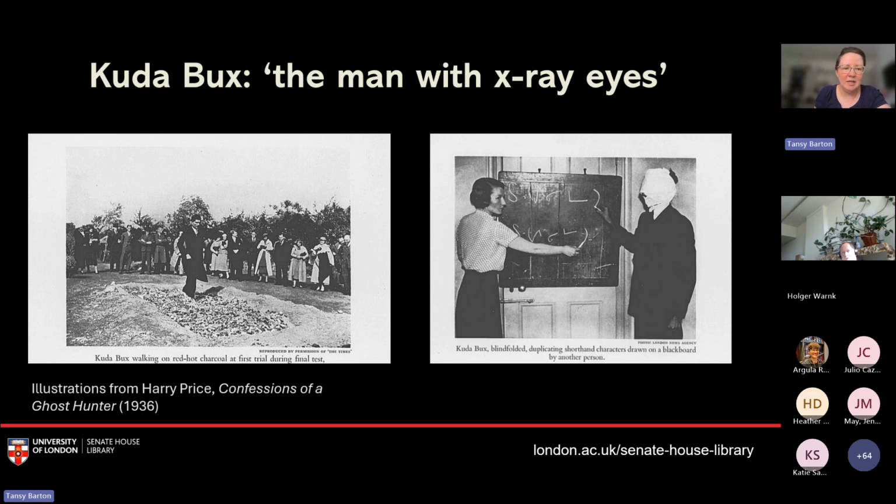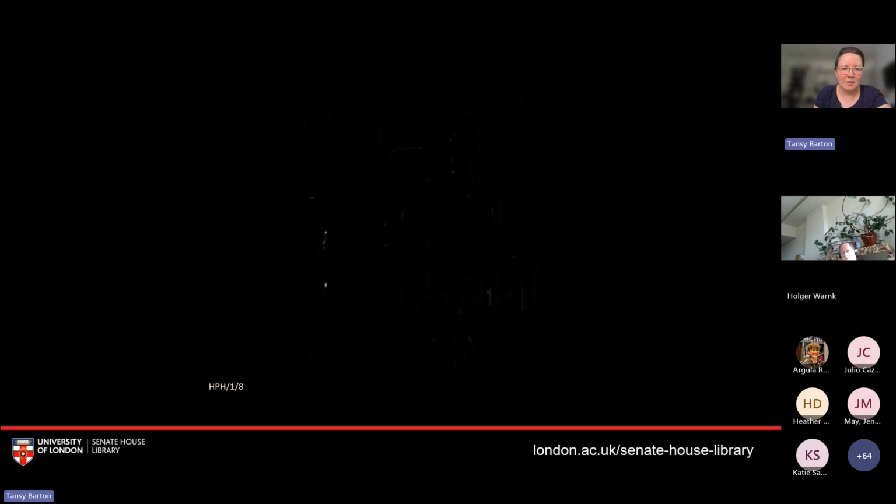The other phenomena that Baksh claimed to be able to perform was firewalking. And I'll just show you a quick clip. This is a film we have in the collection that Price shot of his experiments with Khuda Baksh performing firewalking in 1935. You can find the full film on our YouTube channel, but we're a little bit behind time, so I'll just rush through it.